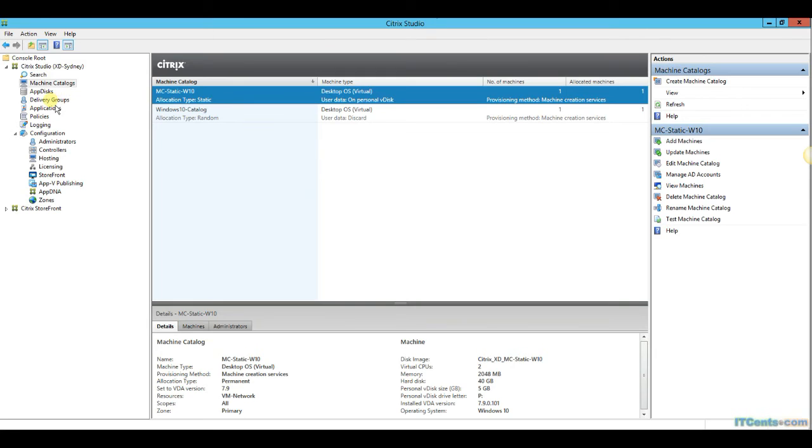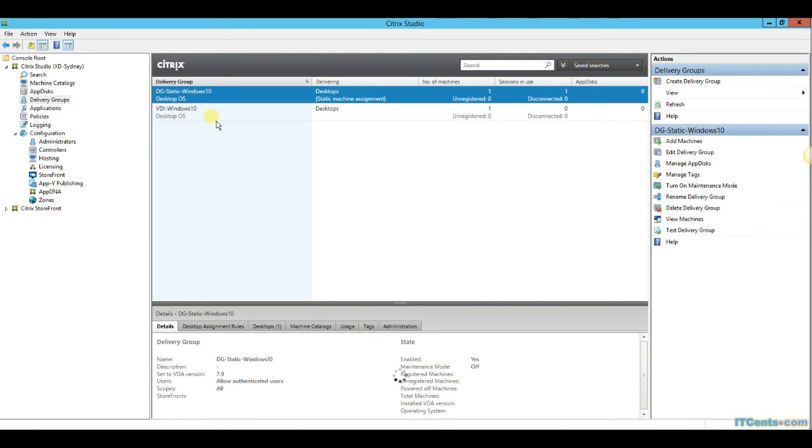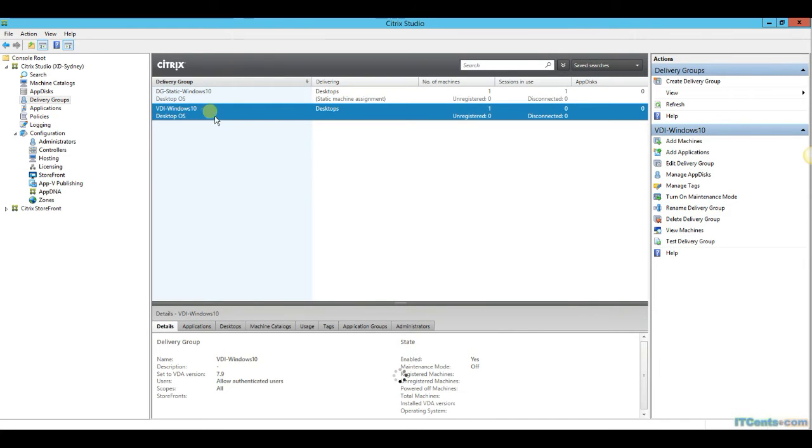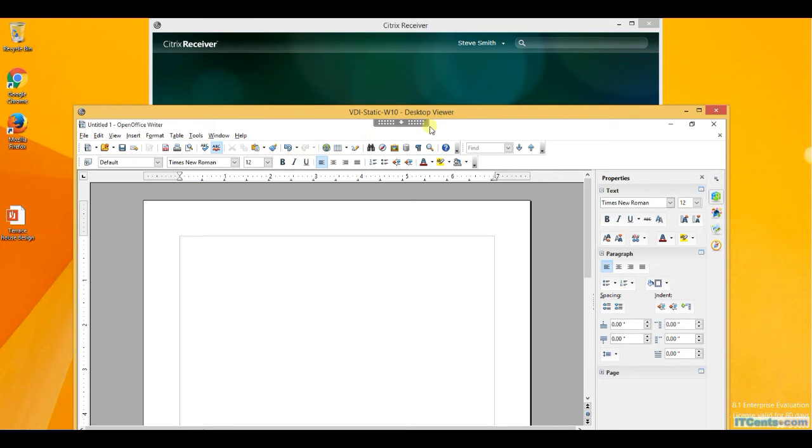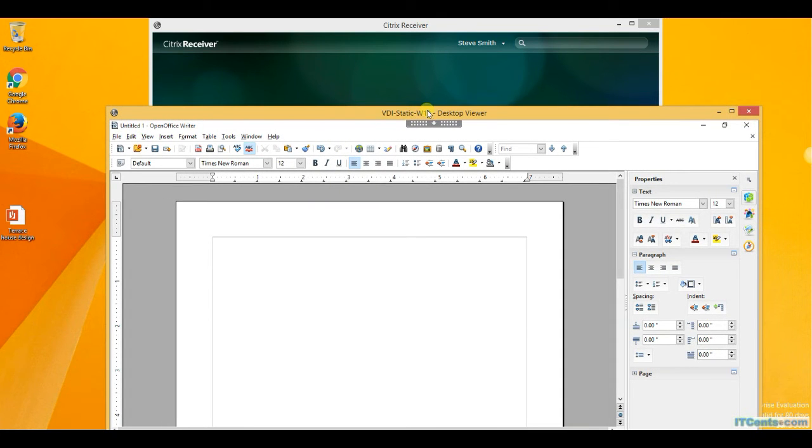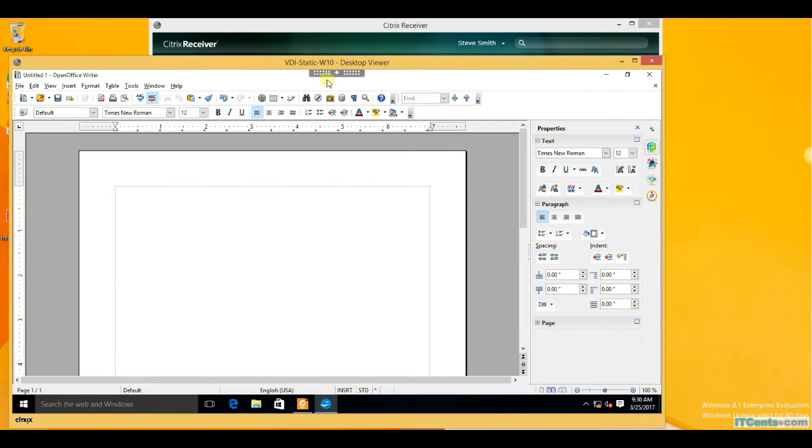So similarly, I have two delivery groups. One delivery group is based on the static machine catalog, and one delivery group is for the random machine catalog. And right now, I am connected to VDI static Windows 10. And as you can see,